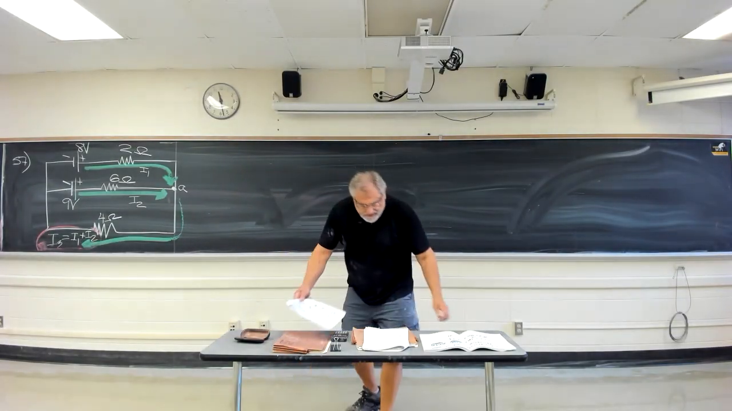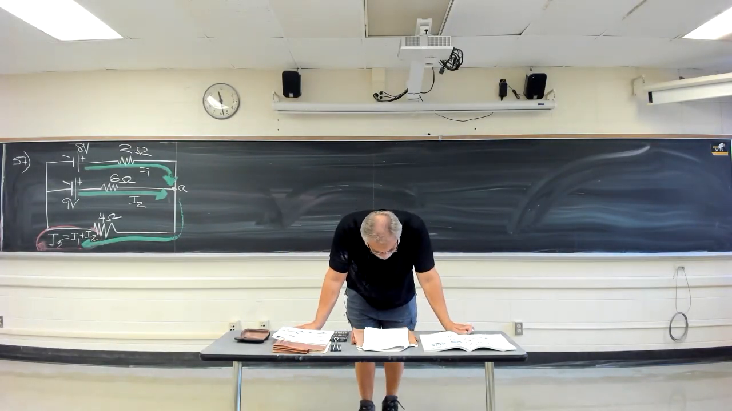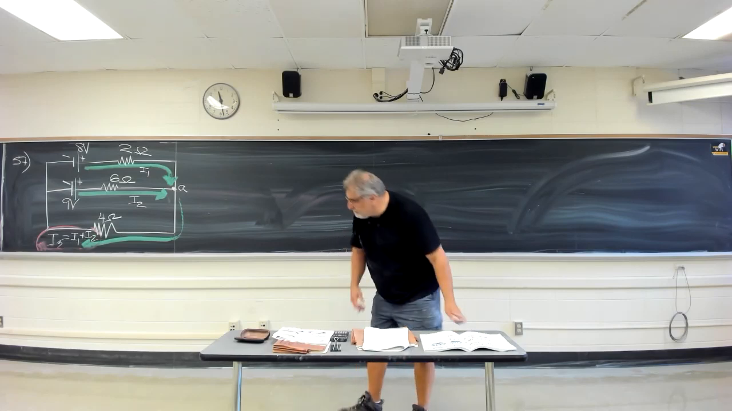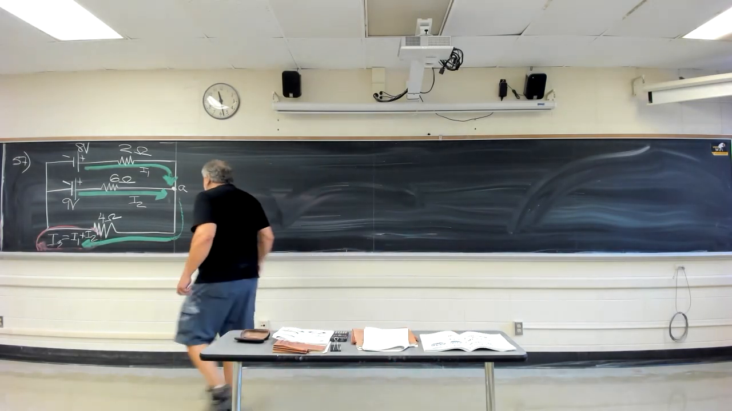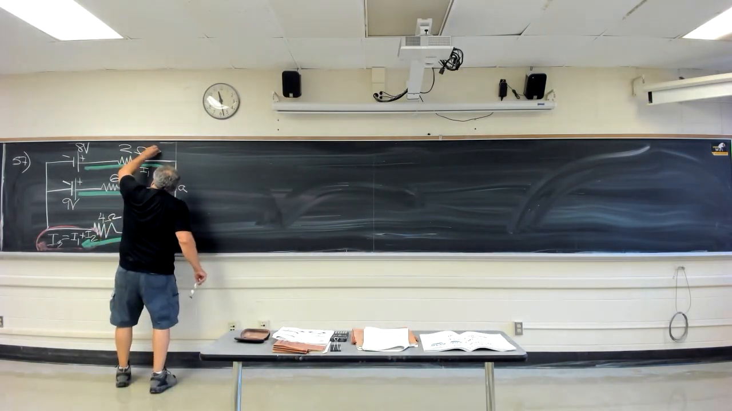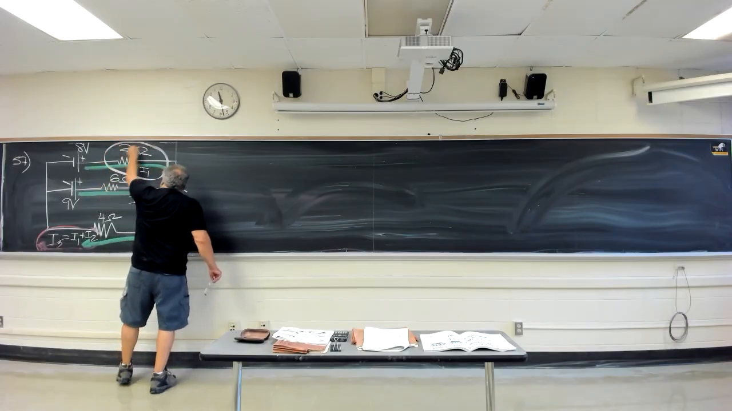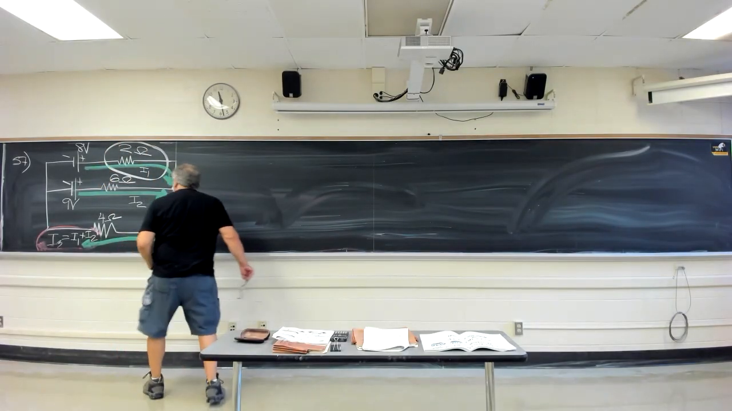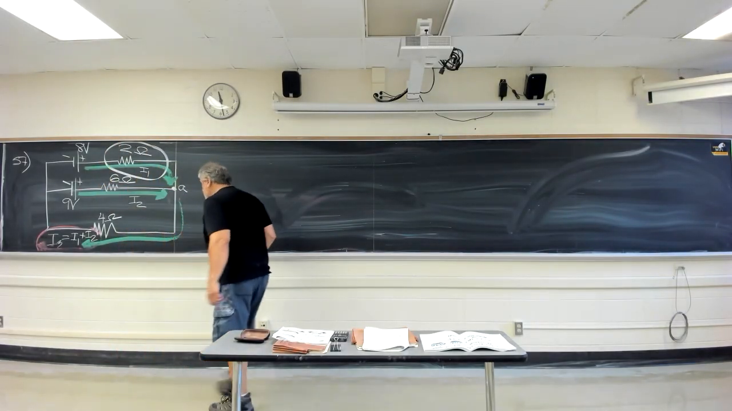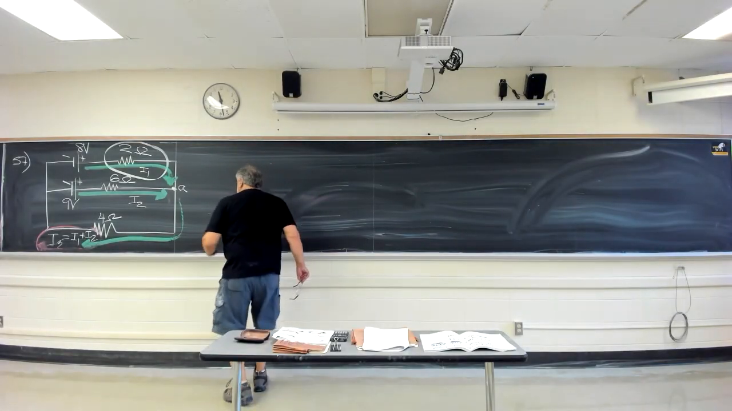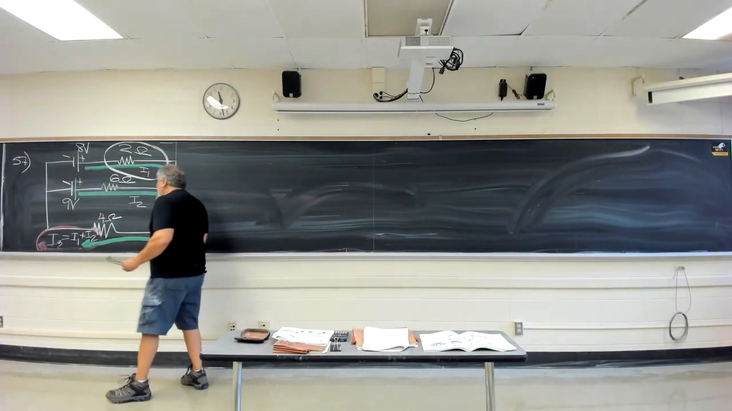For number 57, they're saying, what is the current through the 2 ohm resistor? They basically want to know what the current is through the 2 ohm resistor. What is the current through the 2 ohm resistor? Well, we know a bunch of things, guys. If I'm going to draw this out,